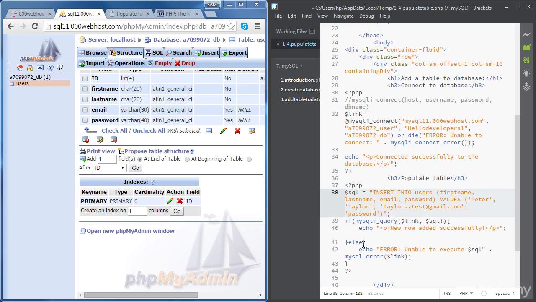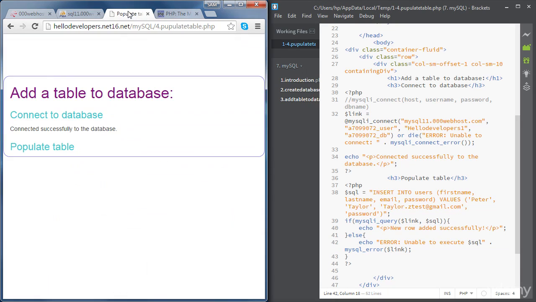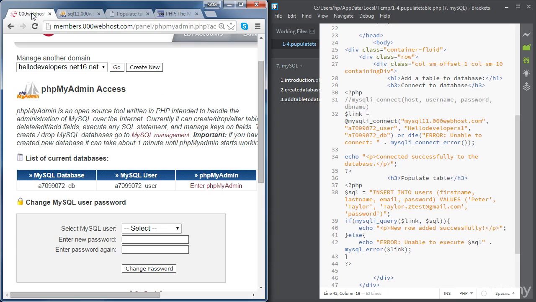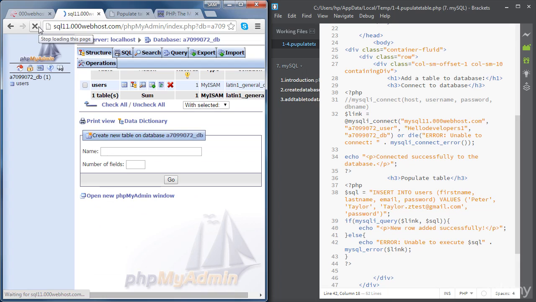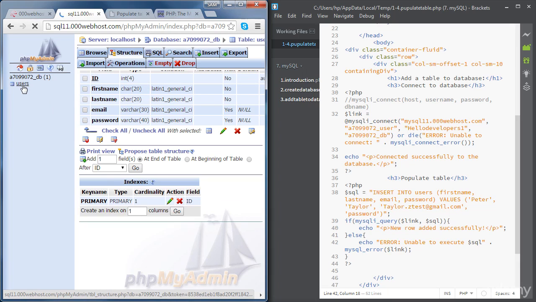So we execute the query and we check if it was executed successfully. Then we echo this paragraph. Otherwise we echo the error message. So let's save and refresh our page. And now we can see new row added successfully. Let's go back to our PHP My Admin. Let's refresh the page. Okay, so if we click on users,